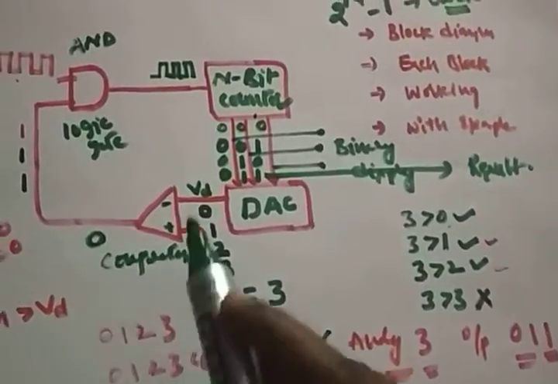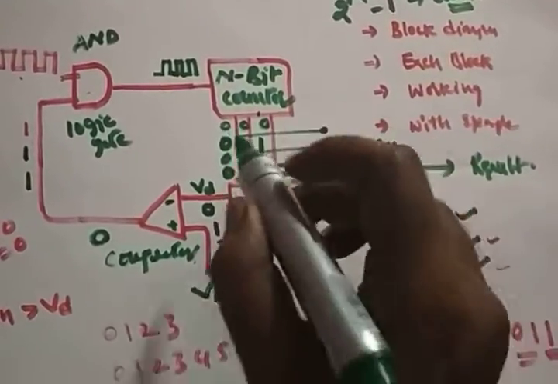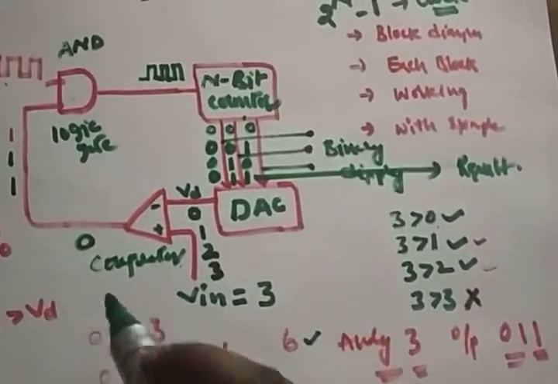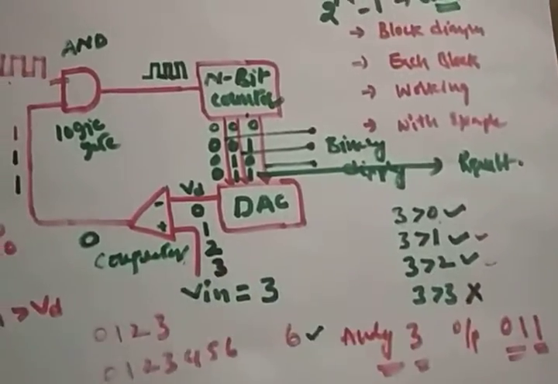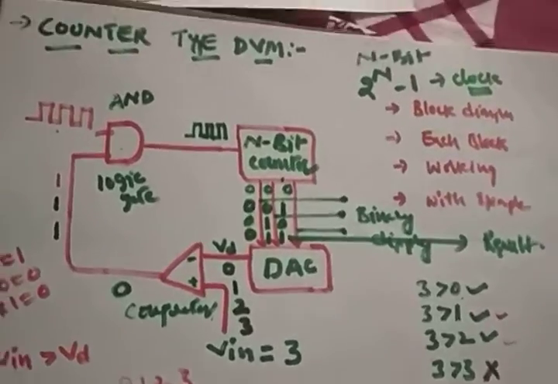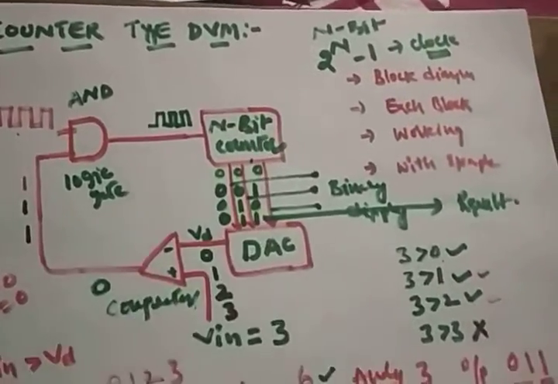If it is 4, it will start from 0, 1, 2, 3, 4, then display. If it is 6, it starts from 0, 1, 2, 3, 4, 5, 6, and then it will display. Like that, it's a time consuming process, and the number of clock pulses required is very high. So in order to avoid this time consuming process, we developed another digital